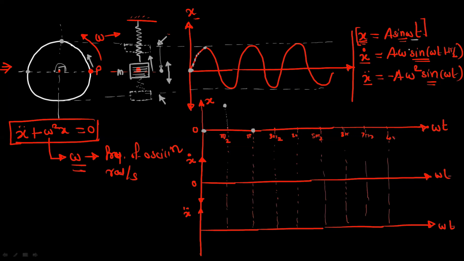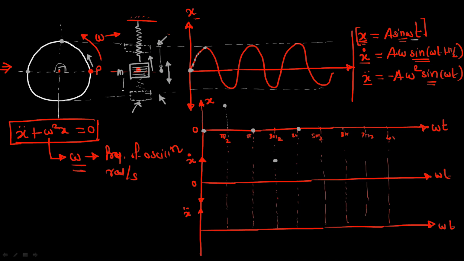Okay, put the value sine 3 pi by 2. So sine 3 pi by 2 means what? This is -1. So let us move to the downward side. At sine 3 pi by 2, this is -1. That is a negative displacement. Again at 2 pi, you will get the value 0. So at 3 pi by 2, the mass will be at the lowermost point.